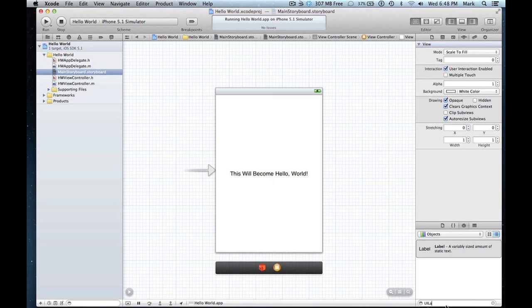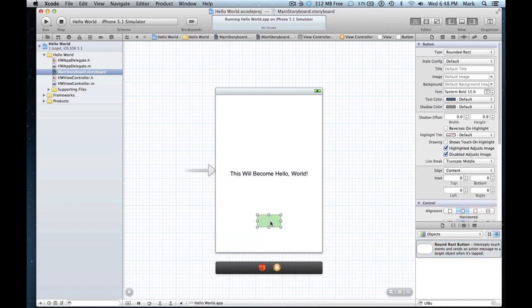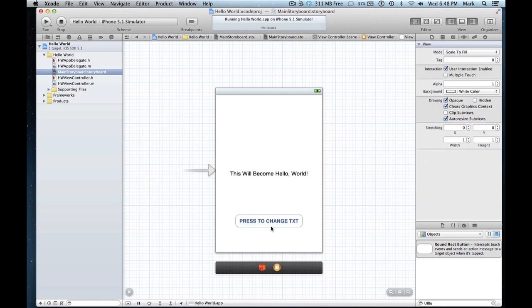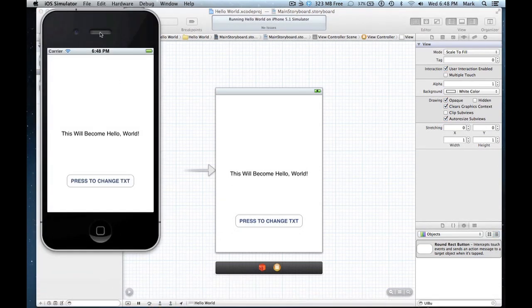And then we'll get a new UI button. A rounded rectangular button, and we'll put that right there. And we'll call it press to change text. There we go. Nice and simple. And if we build or run this again, you will see the new interface